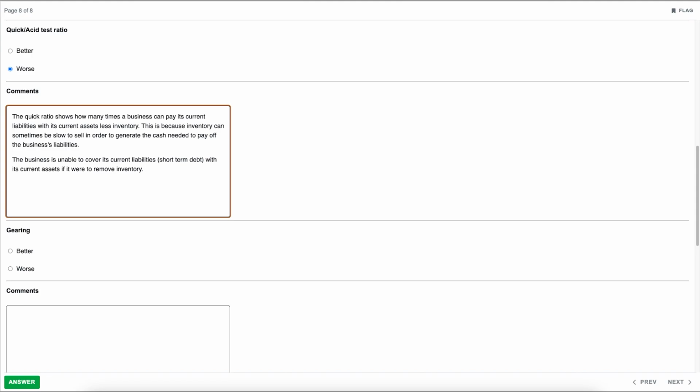So the next bit, remember, we need to suggest why that might be. So that could be due to a number of factors. That could be that inventory is quite a high figure. So most of our liquid cash is tied up within inventory. It could be that we've got less money in the cash or bank reserves. It could be that our trade receivables are lower than what they used to be. It could mean that trade payables have increased. So there's a number of different reasons. All we need to do, put 1 or 2 down. So I would say either this could be due, just get 2 down and then you'll cover your marks, to